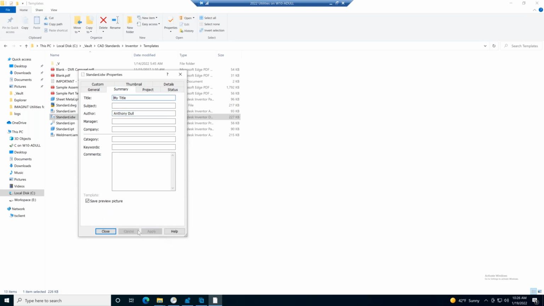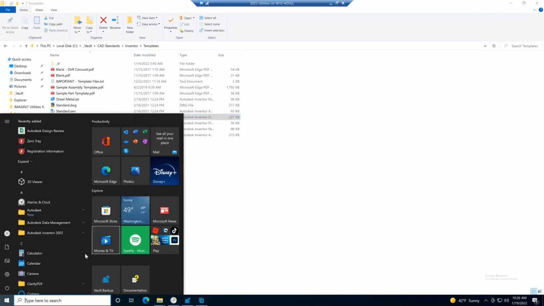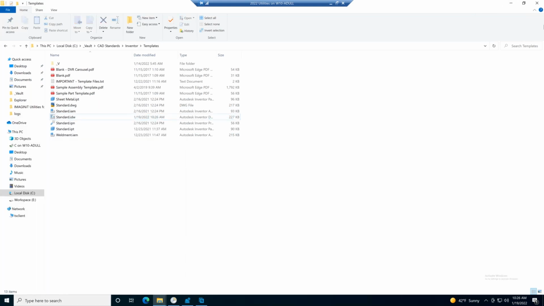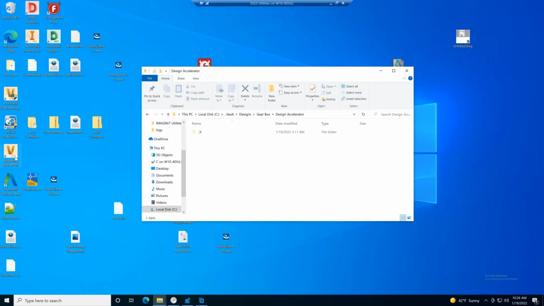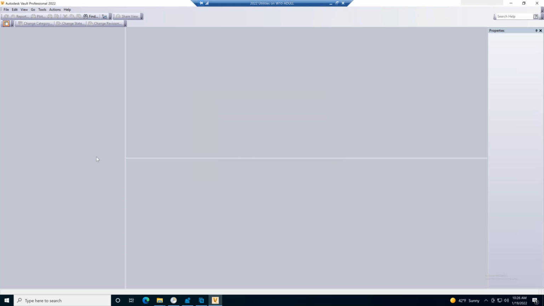So if I hit apply, right, and hit close, so you can see the time and date stamp here. I just overrode my local quote unquote official company template. So I'm going rogue a little bit here. Okay. But now if I come and I say, I want to go ahead and log in. So if I open up Vault and log in,